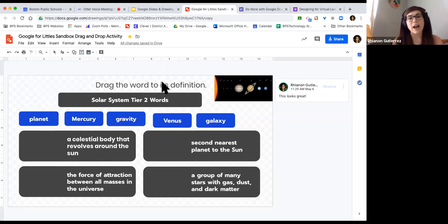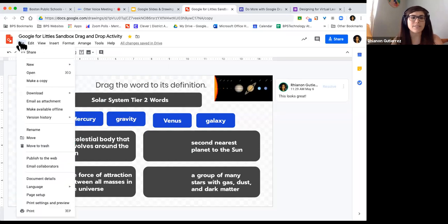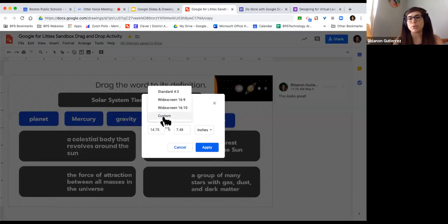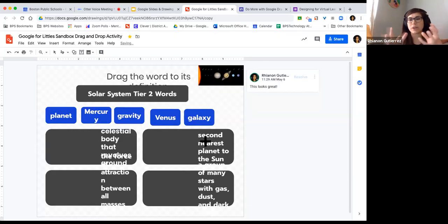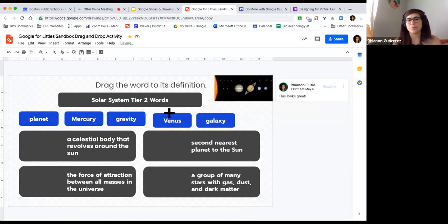And not only that, what's really nice is that you notice I have a certain shape of this. You don't have to keep that shape, you can adjust it. If I go where it says File, that's where I can make adjustments for the page setup and how I want it to be laid out. And I could change that, and it will squish my document, especially if that's what I want to do.